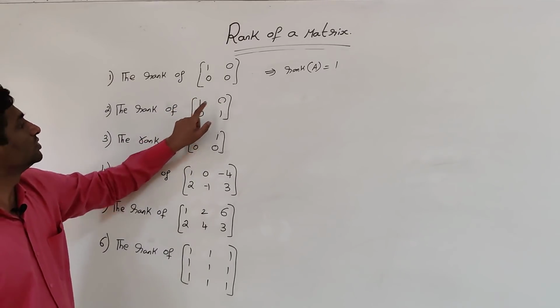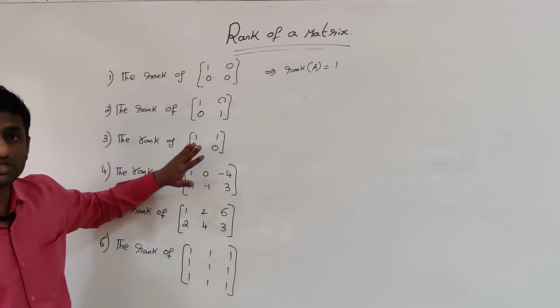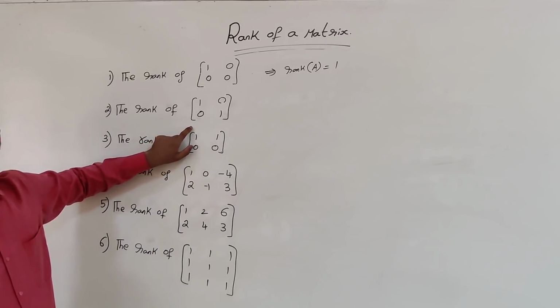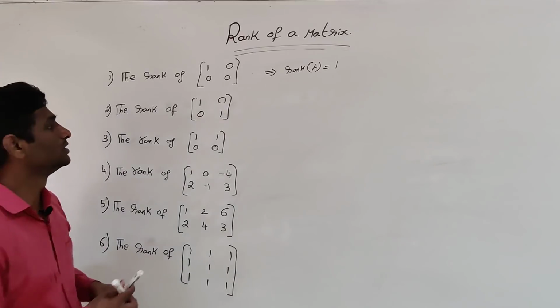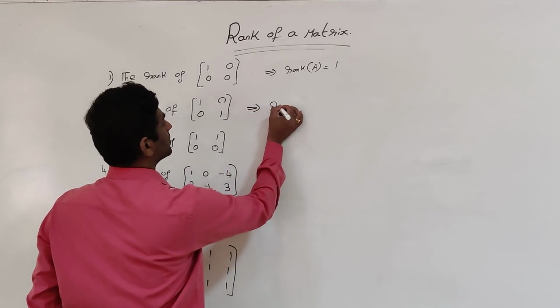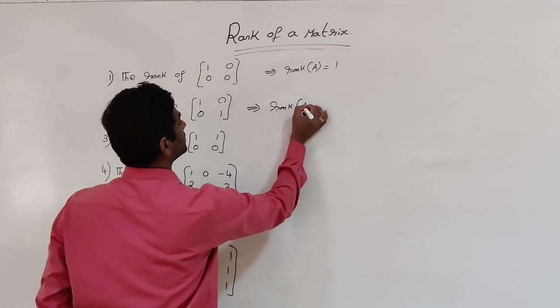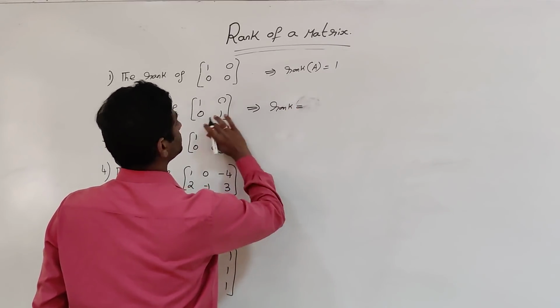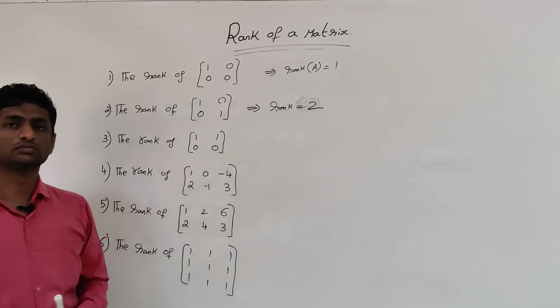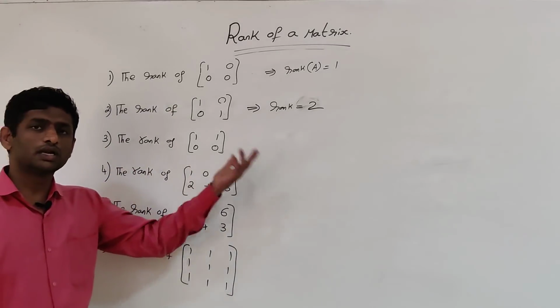1 0 0 1. By using the definition, this is a non-singular matrix because the determinant is 1, which is not equal to 0. So the rank of A is equal to what? It is 2. Now in another form, echelon form,